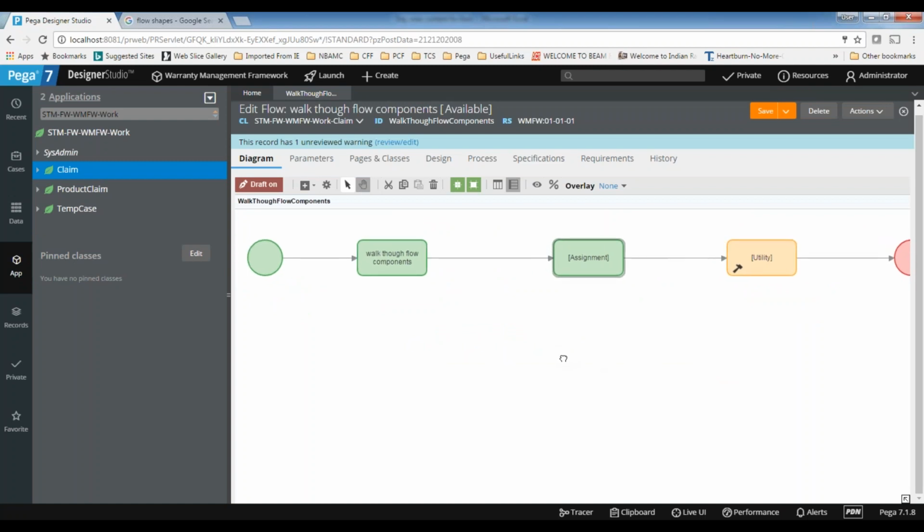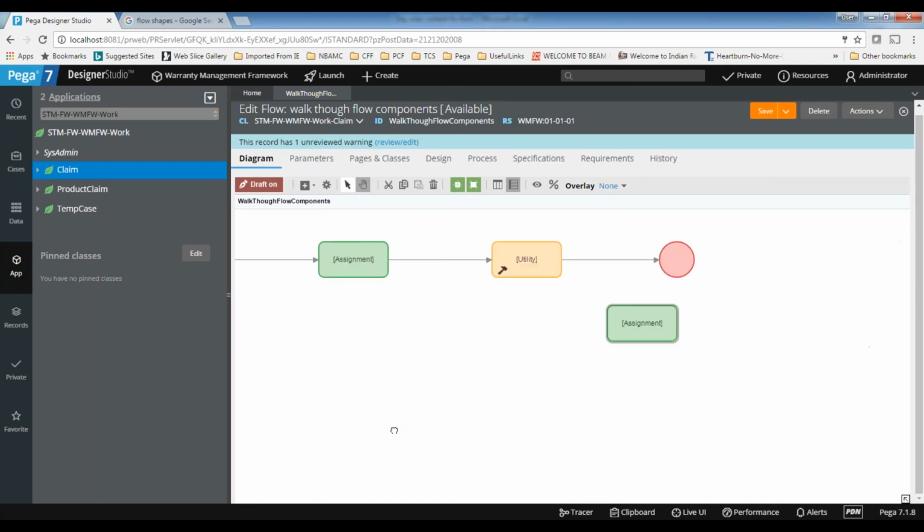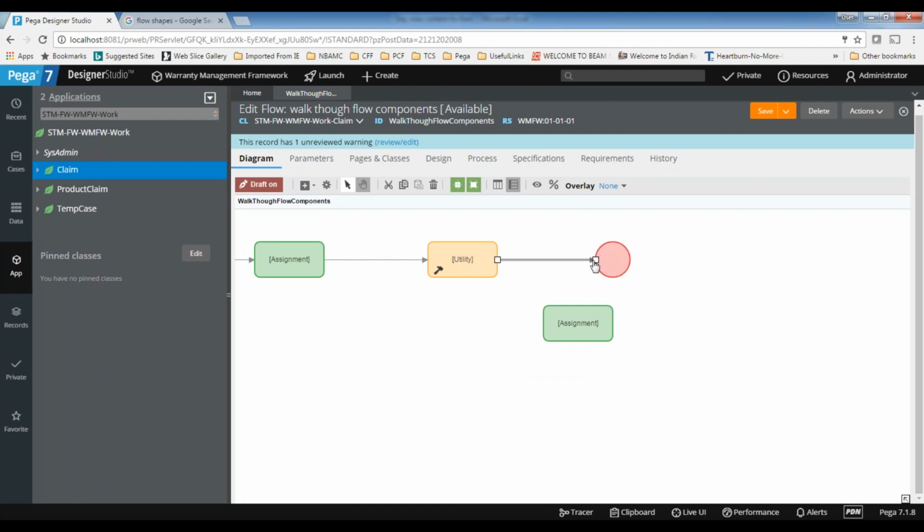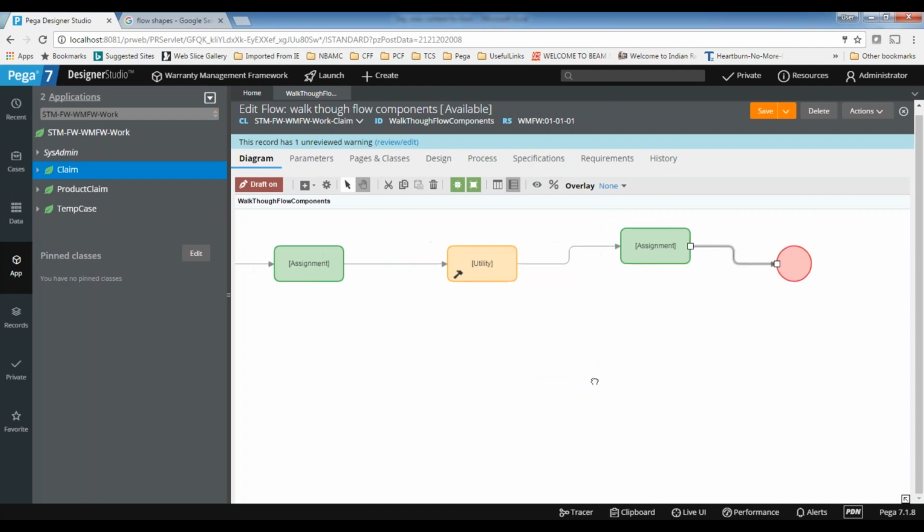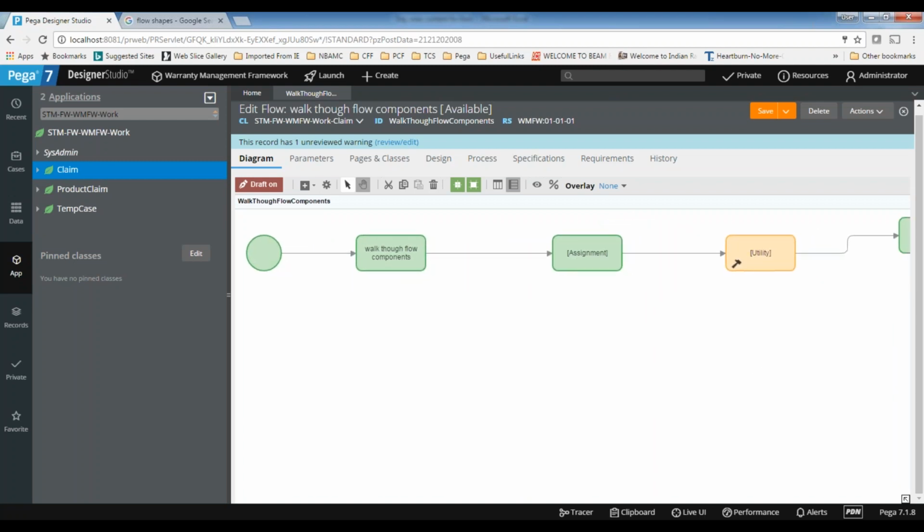If the flow diagram is very big and you are not able to see all the shapes, let's say this is the diagram I can see. That means I cannot see all the shapes. Something is missing on the right hand side. We can drag the canvas, or else in the same screen, in the bottom you can see some arrow markers. This is called the mini map.